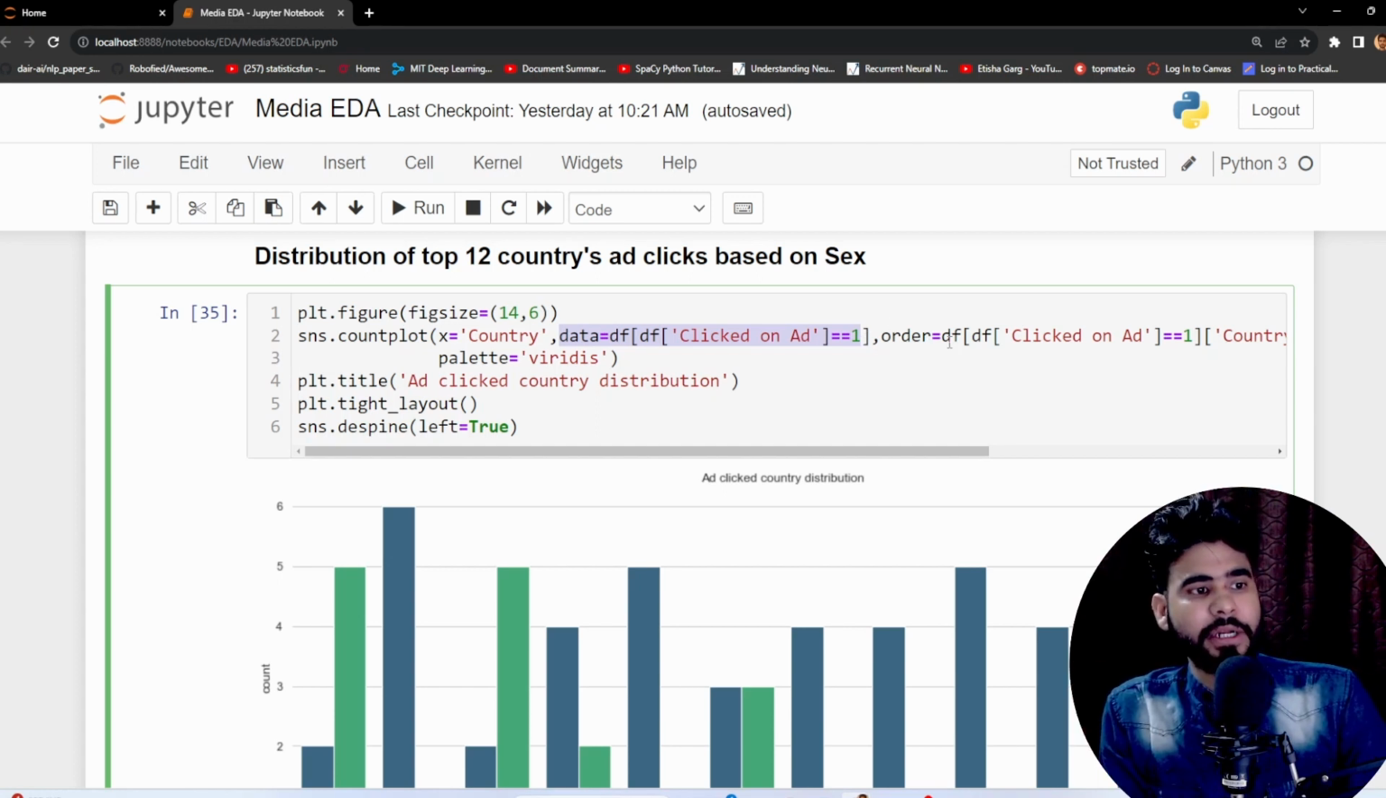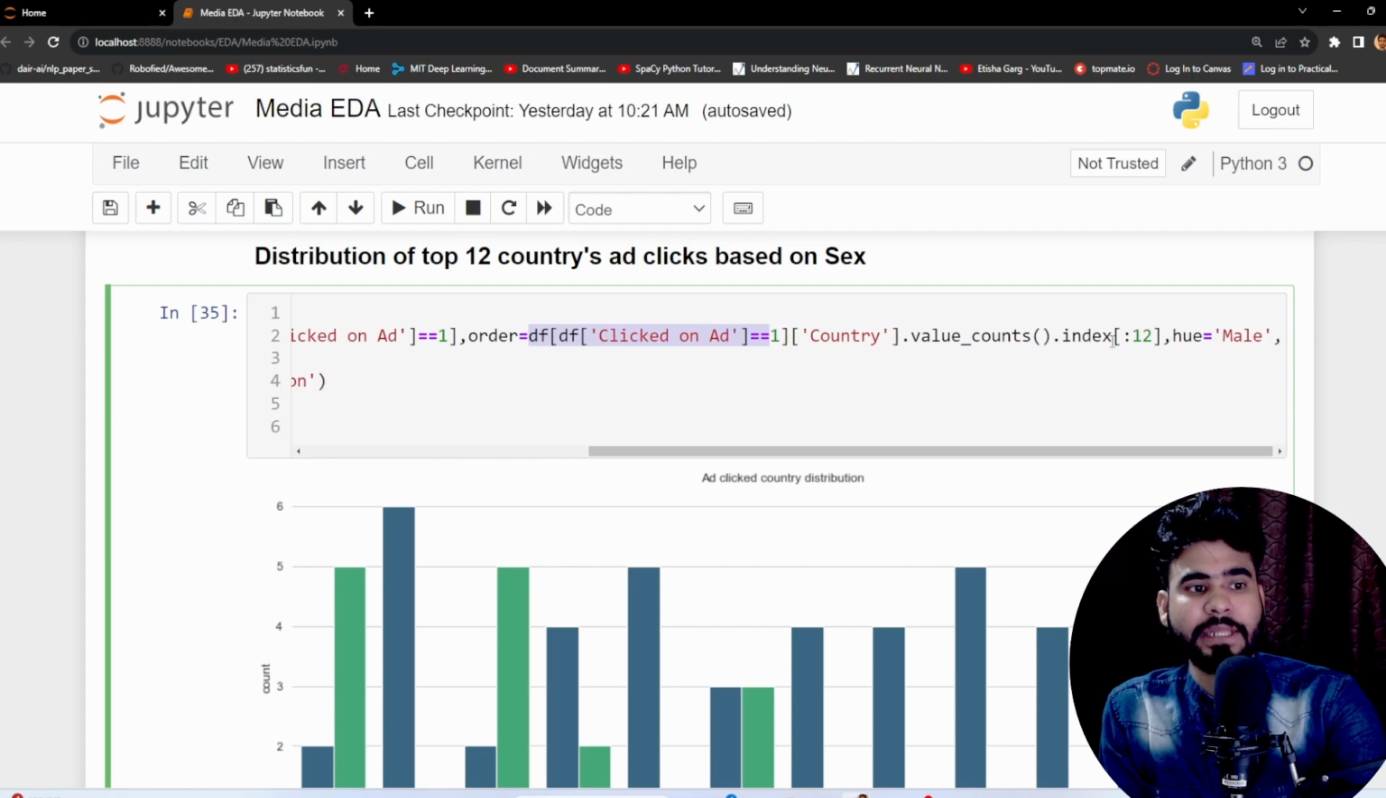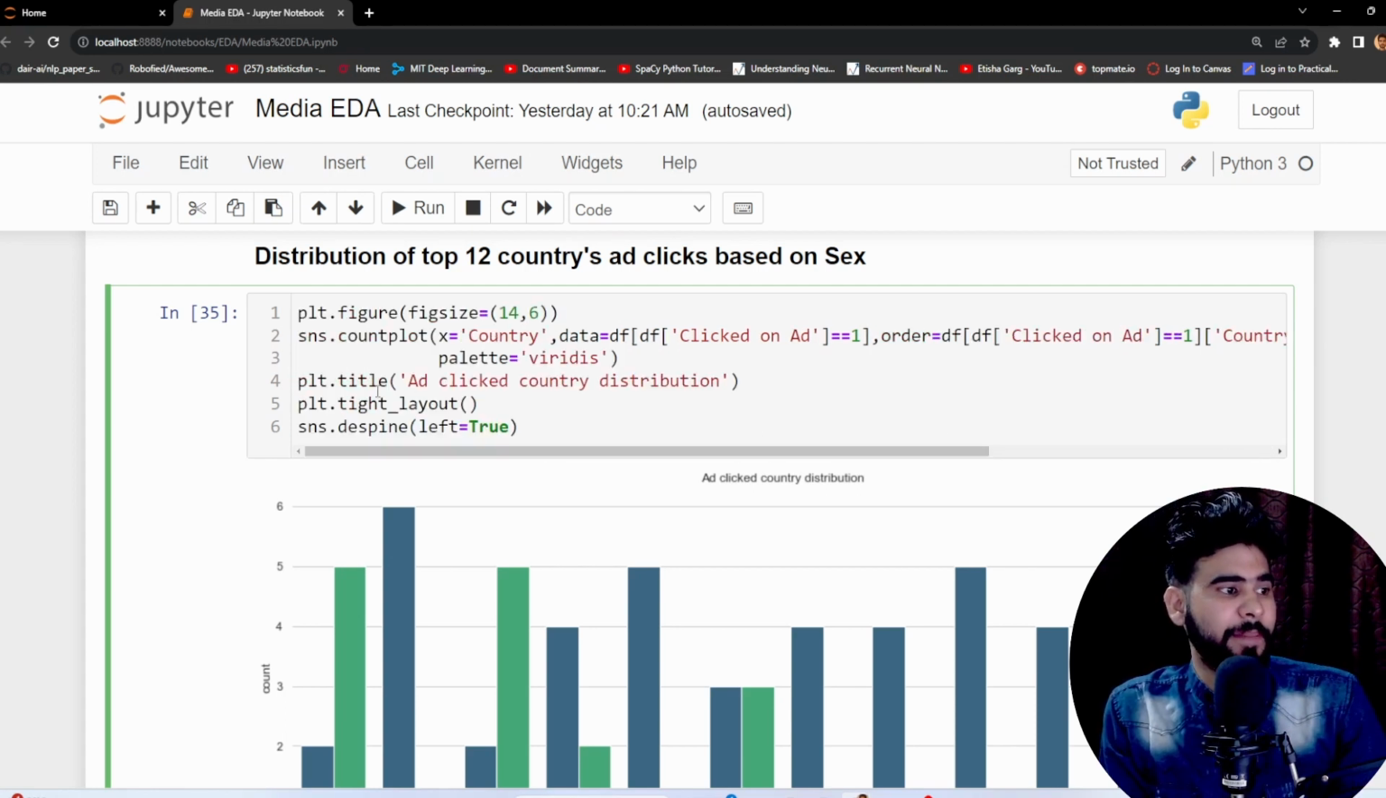Now order: df of click equal to 1, and here we are going to call country value counts, and select the top 12 countries, and hue we are going to select male. So in the hue, 1 means the male that we have, and 0 means the female, or other gender, that we have. Now after that we are going to define a title,